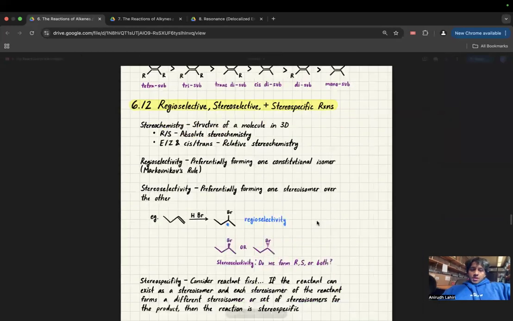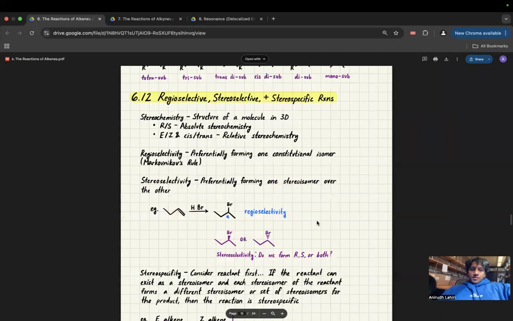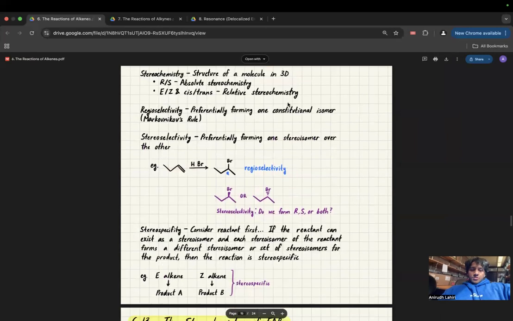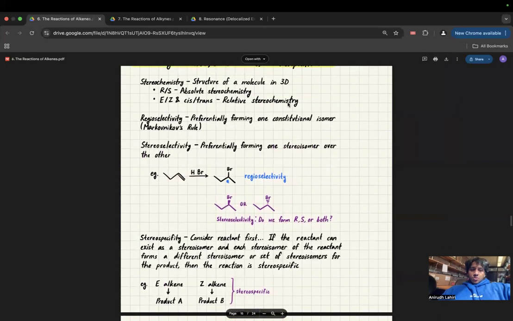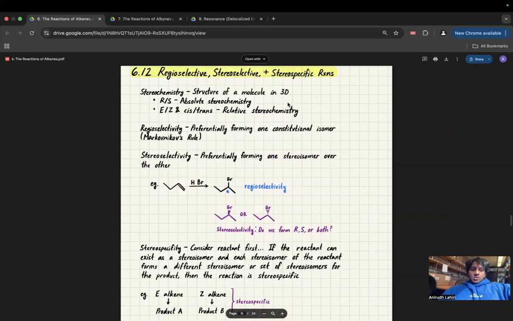Okay, regioselective, stereoselective, and stereospecific reactions. Okay, so this section is notoriously confusing. So take the time to slow down and really try to understand what's going on here. Not to say that you shouldn't understand everything else that's going on, but